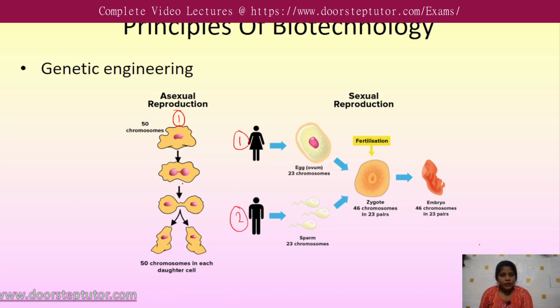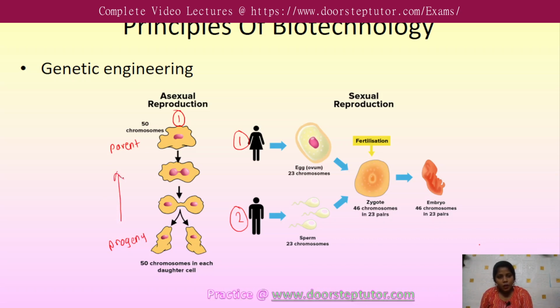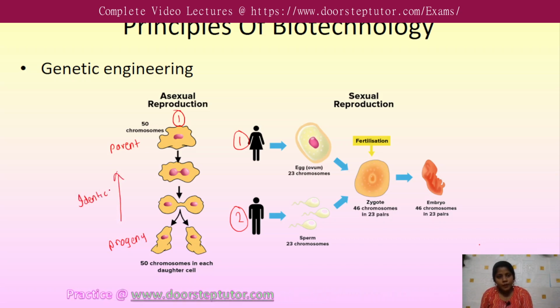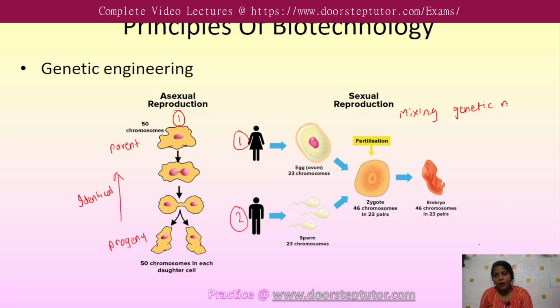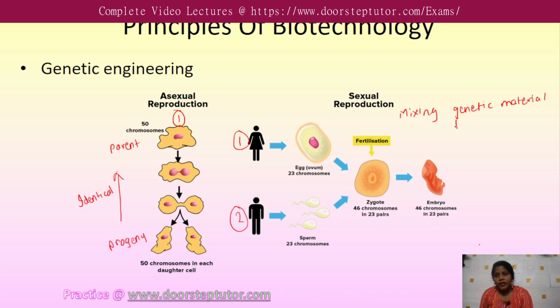Over here you can see the parent is completely identical to its progeny, or vice versa, the progeny is completely identical to the parent. But in case of sexual reproduction, there is mixing and matching, whereby mixing of genetic material takes place, whereas some genes of the mother and some